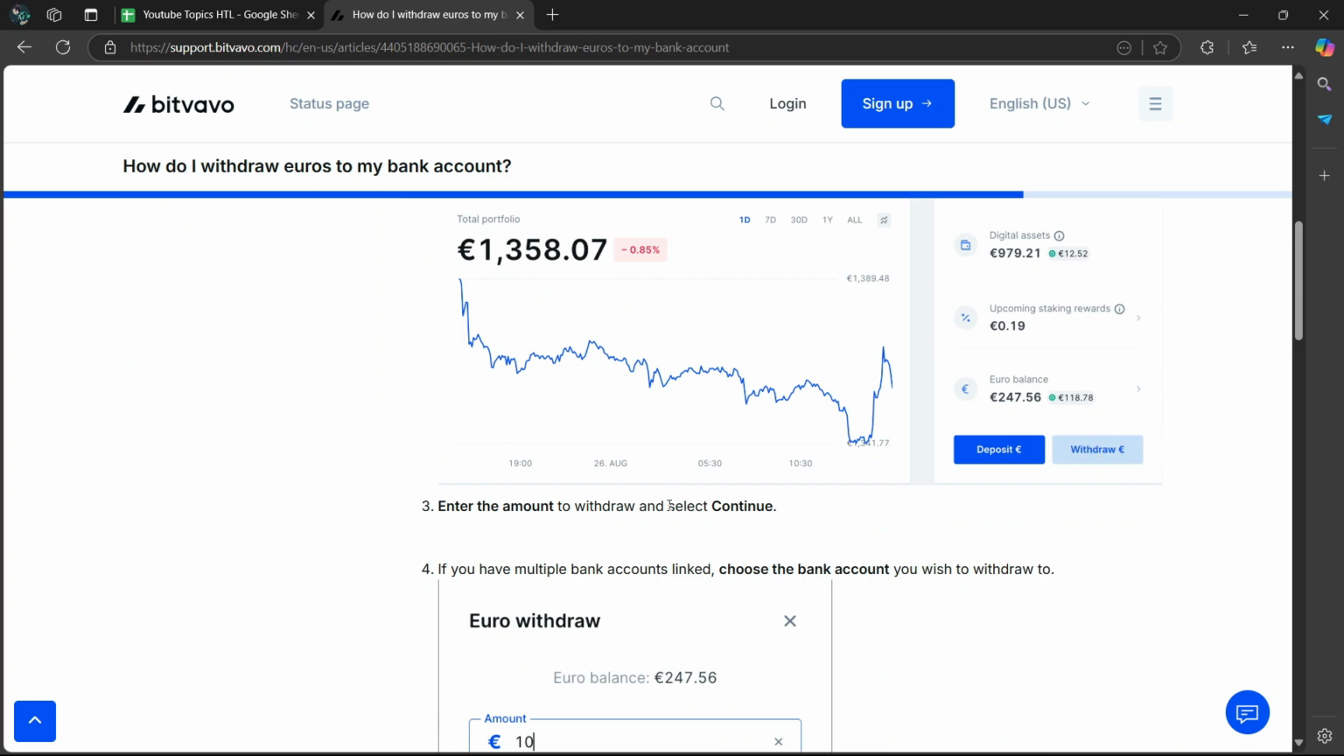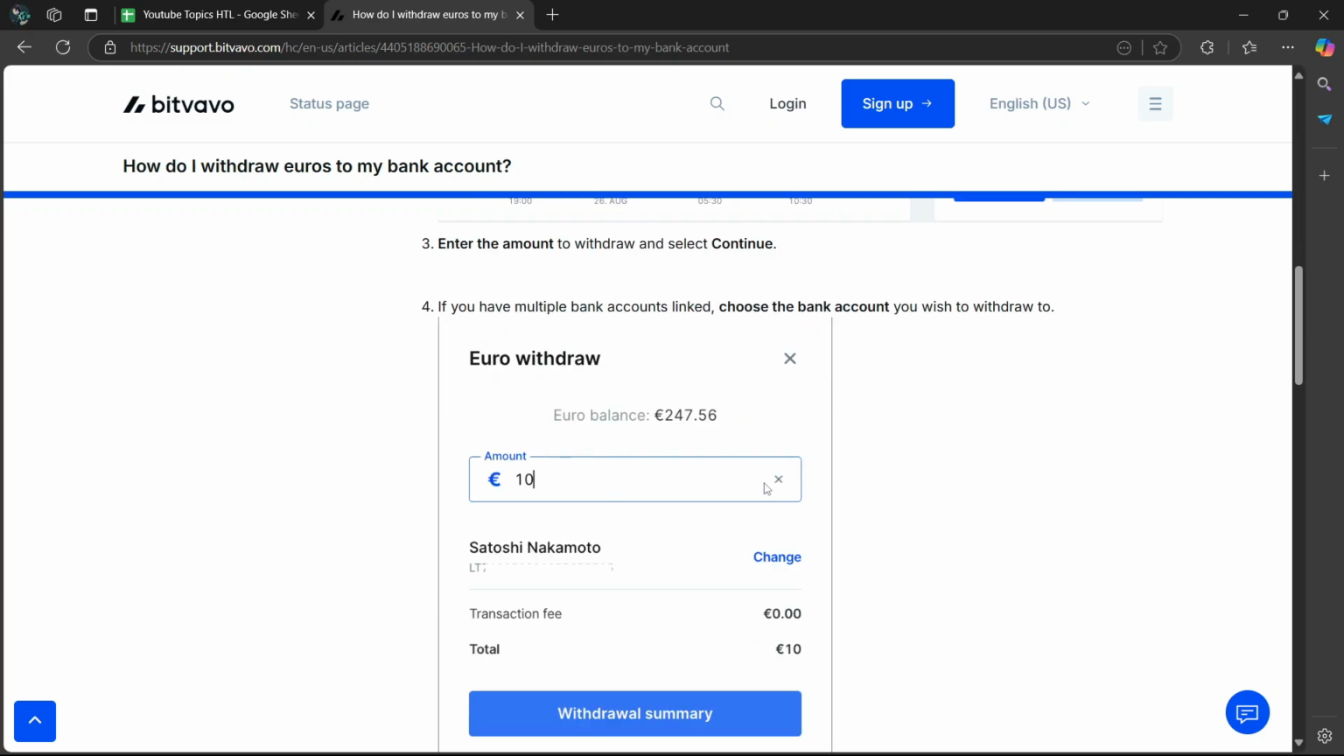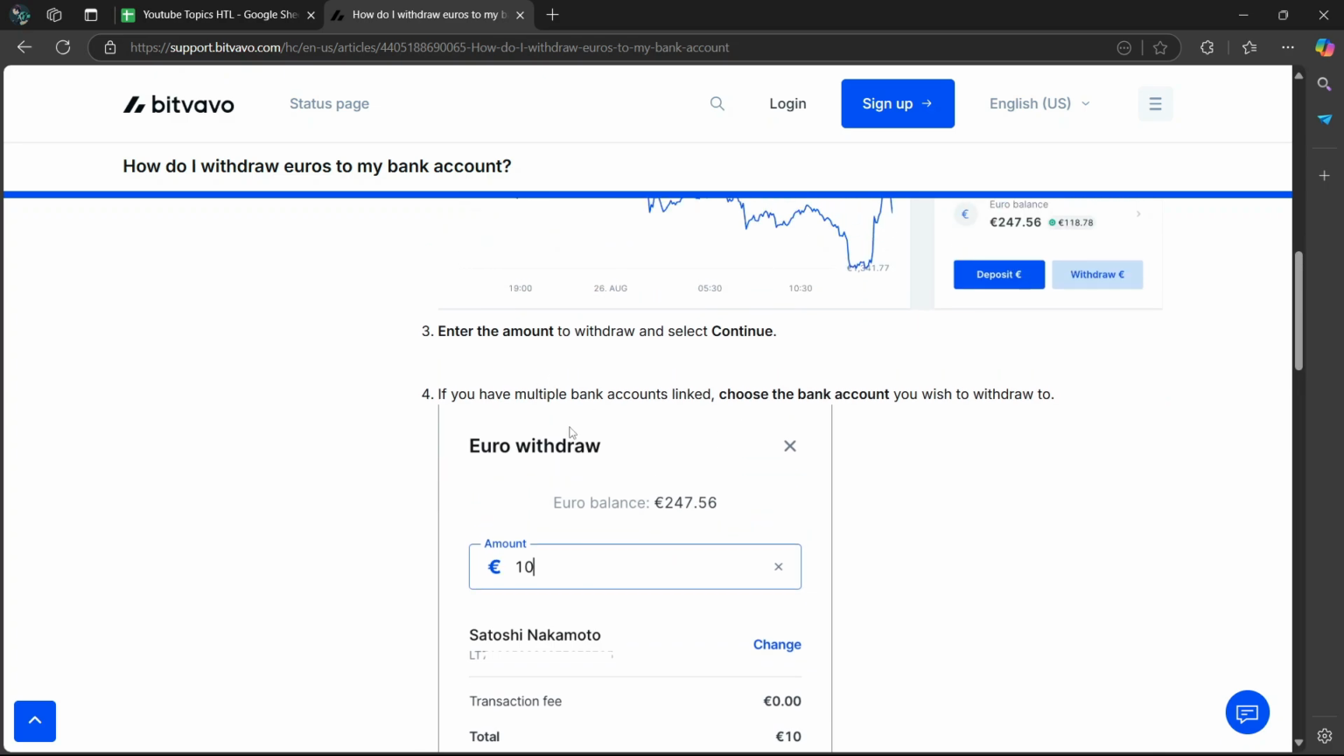Then number three, enter the amount to withdraw and select continue. So there you're going to choose your amount, and it's going to give you a summary of how much you have in your account. Then number four, if you have multiple bank accounts linked, choose the bank account you wish